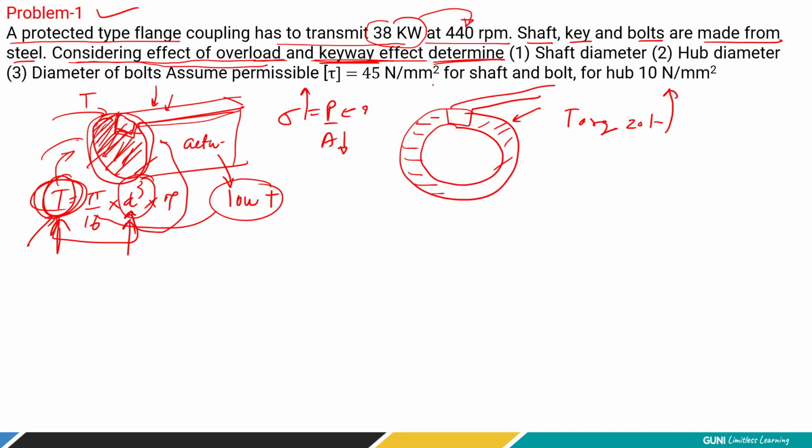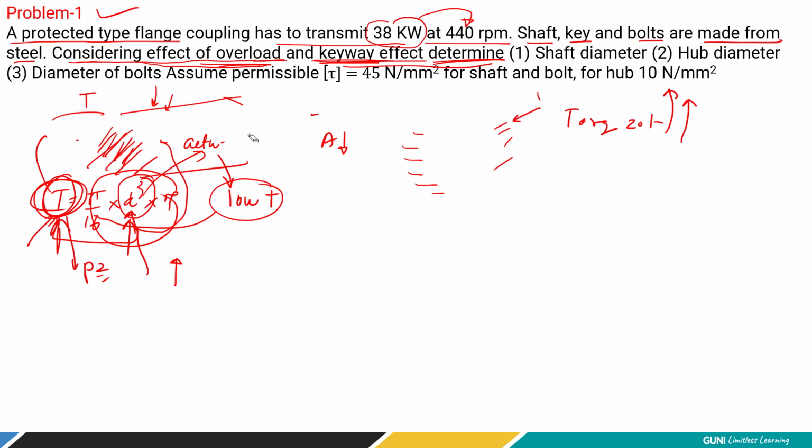So this is the meaning of considering the overload, or you can say the keyway effect, right? We are going to take a higher torque value rather than the torque value coming from the power equation, if the shaft diameter is known to you. So we have to consider a higher value of torque. A higher value of torque means a larger diameter, which will take care of this keyway effect, or the placement of the key, right? So this much material is removed, but we try to make up that much amount by a larger value, right? So it will take care of the keyway effect.